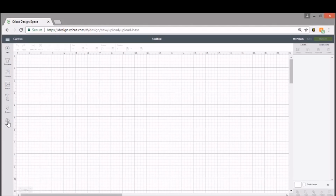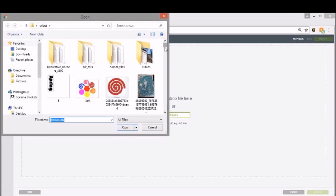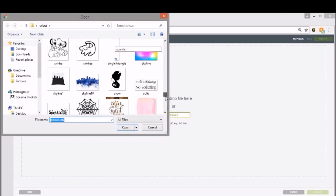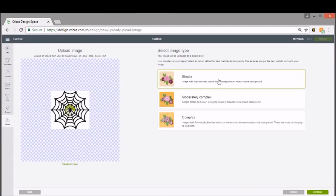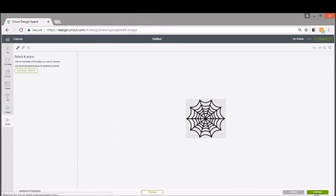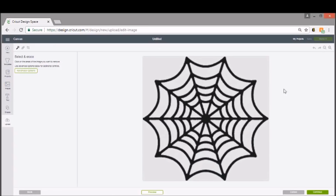So we're going to go to upload and we're just going to upload the image. We're going to click browse and you're going to find your image in your Cricut folder. So I know I called it spiderweb, so just find it. It's going to be a simple image and we're going to go ahead and click continue. Now it's really small and hard to see, so I'm just going to blow it up a little bit